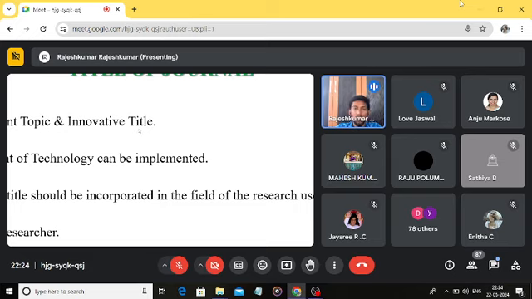For example, the impact of EHRM in the telecommunications, marketing, IT or any other sectors. We have to create every journal with an innovative topic, with the current situation or current impact of the research, that can be used by us. And a current topic means, if I'm choosing the